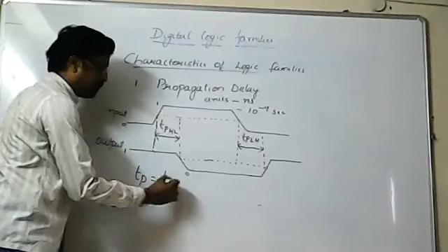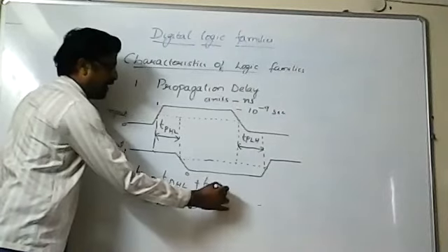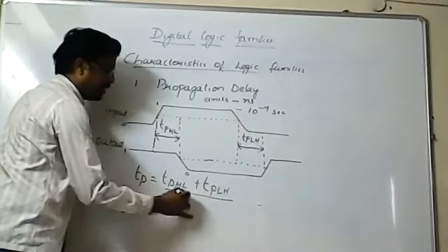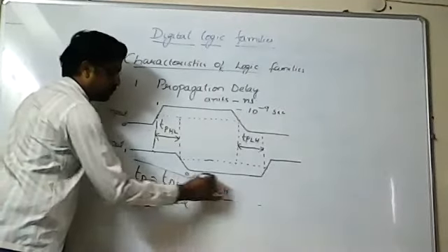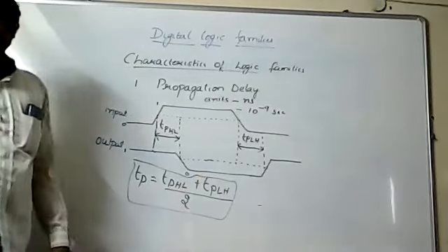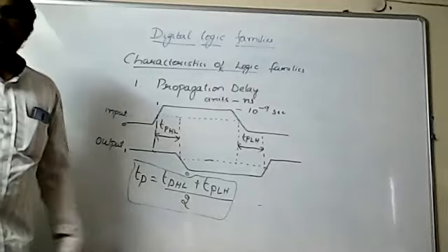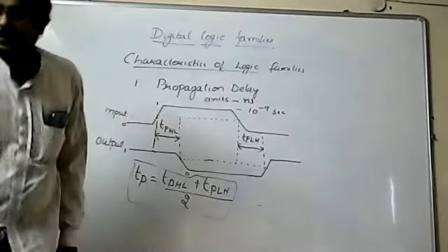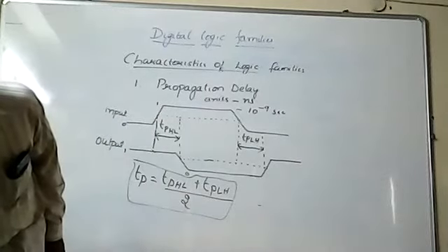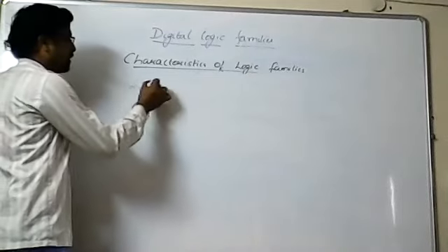So that means TP equals TPHL plus TPLH divided by 2. This is the formula for calculating propagation delay. Now the second characteristic is